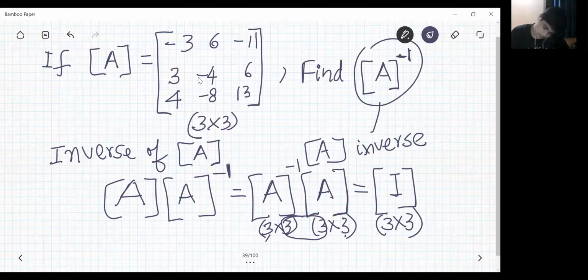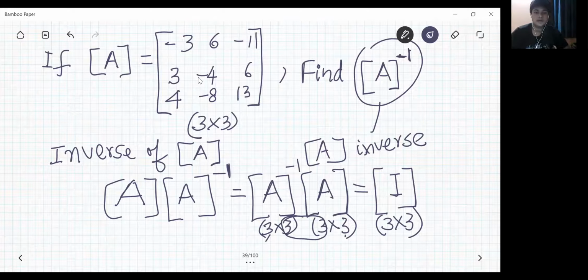So first we will find A inverse when A is equal to this much given. Then you can multiply A into A inverse, or you can do both for practice. A inverse into A also you can find, A into A inverse also you find. And see that the result is always I. So if you get I, then what you have found as A inverse will be correct.